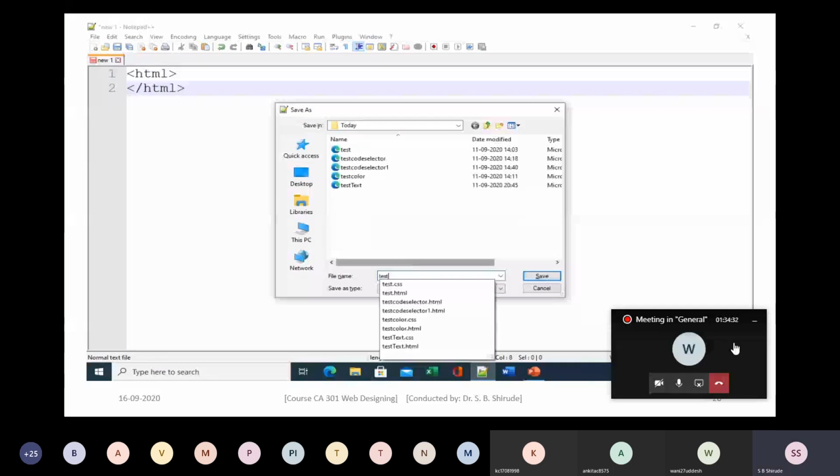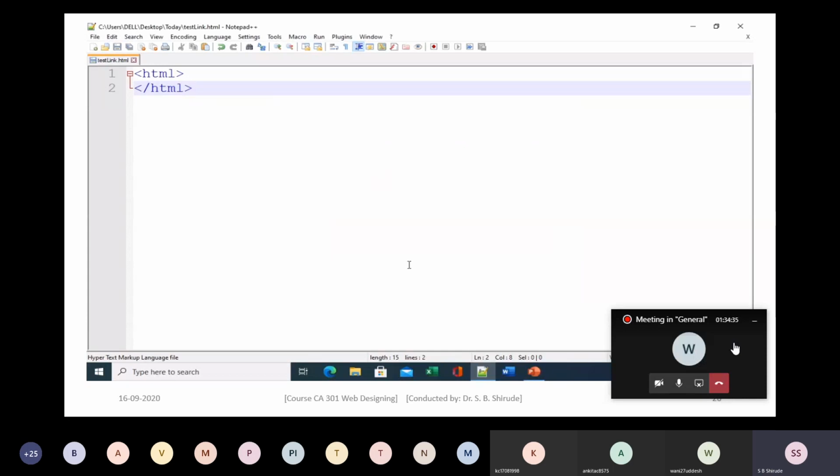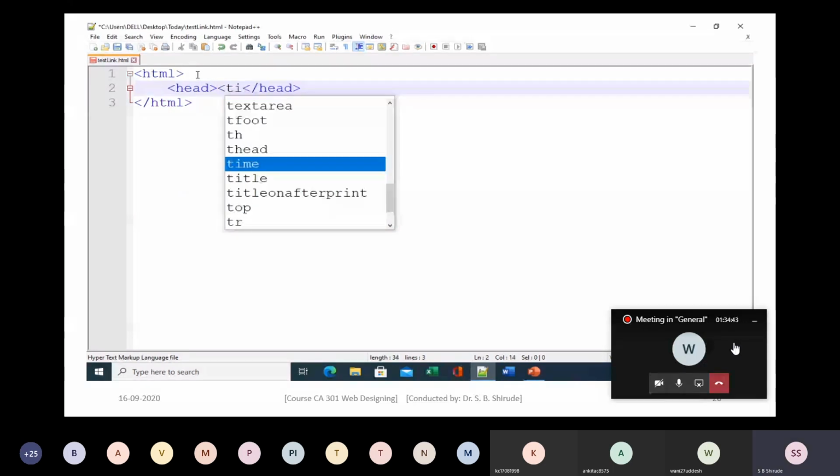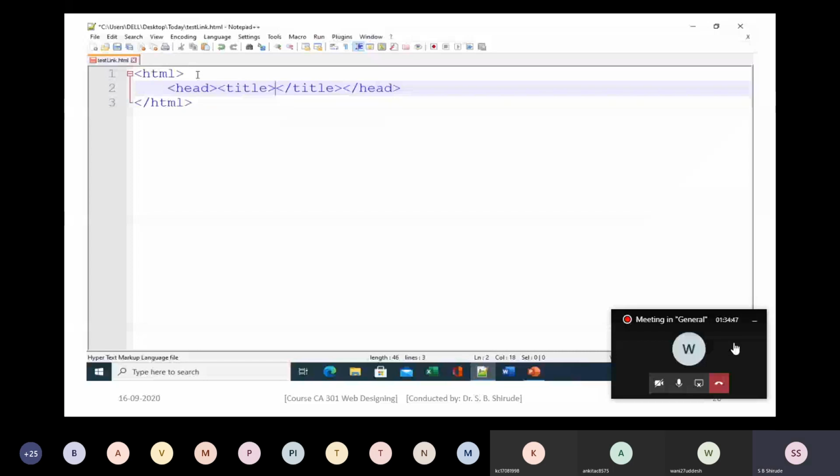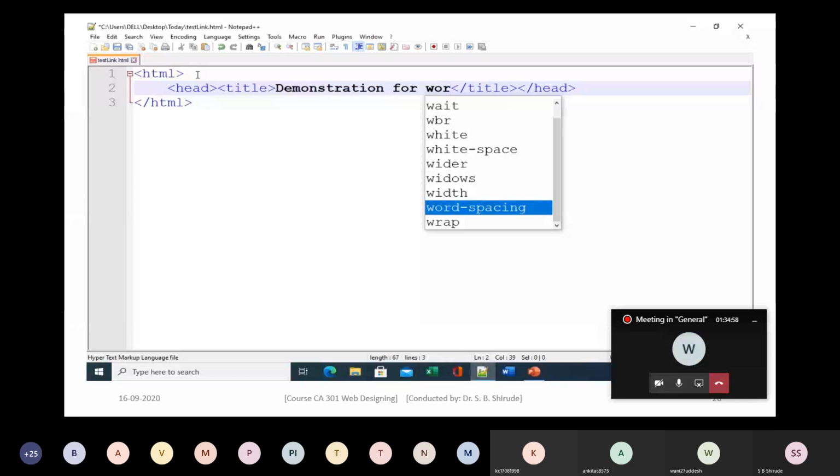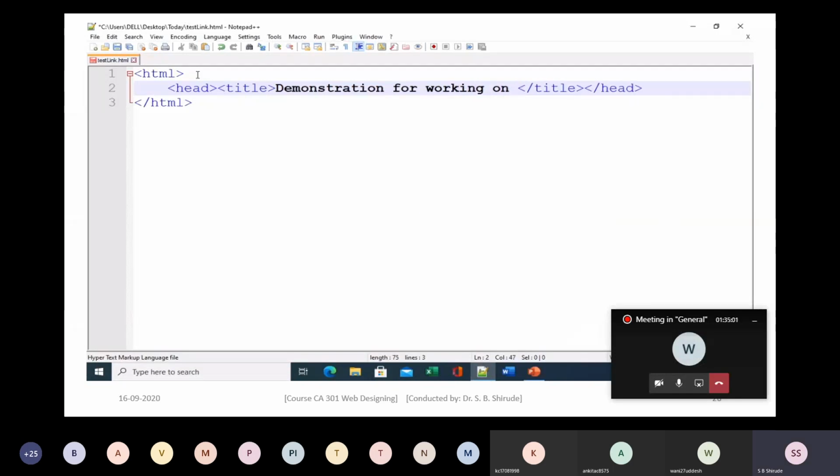So test link.html, and create the head section and body section. Here put the title, demonstration for working on links using CSS.